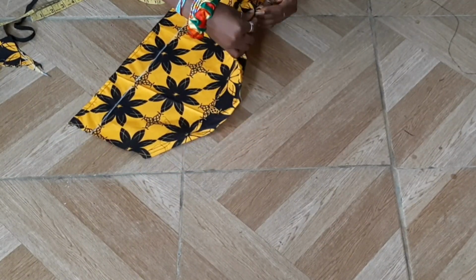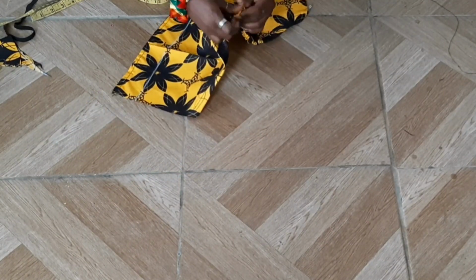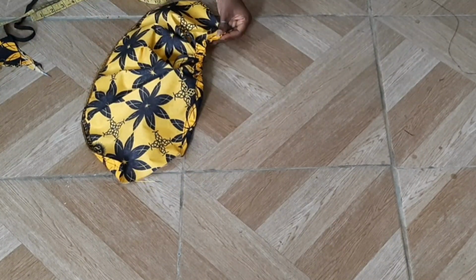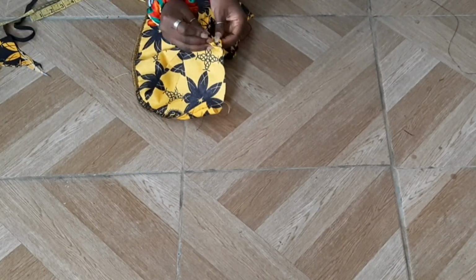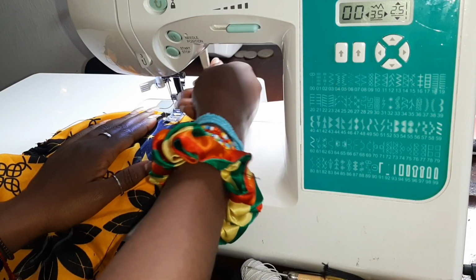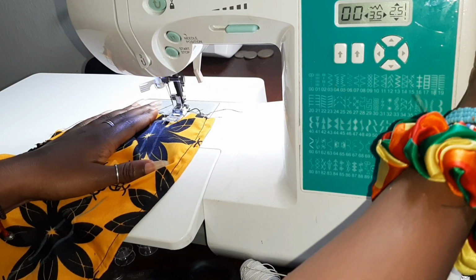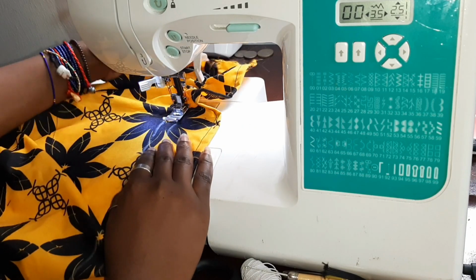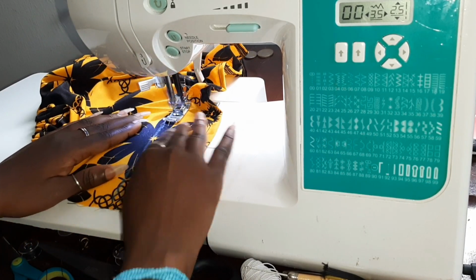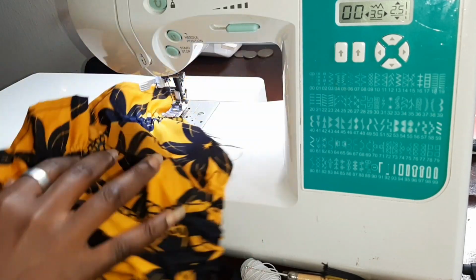So what I'm doing right now is I am passing my elastic band through the casing I created. So the measurement for the elastic band is the circumference of my upper arm area, and that is what I'm doing right there. And the reason why I use the upper arm area is so that I can make this as an off shoulder top as well as a puffy sleeve if I decide to. And after doing that, I just pin both sides down there,